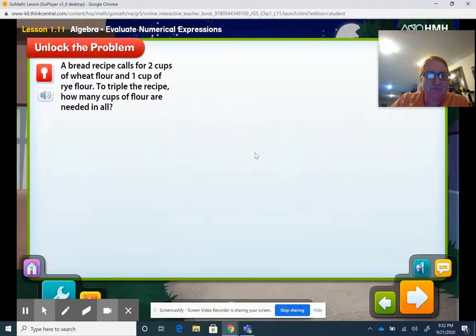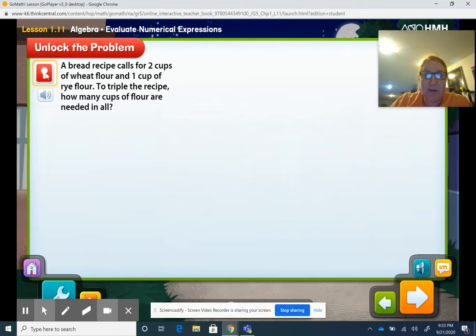Let's look at how we can change a bread recipe. A bread recipe calls for 2 cups of wheat flour and 1 cup of rye flour. To triple the recipe, how many cups of flour are needed in all? Let's unlock the problem. All right, so the first thing I want to ask is, what does the word triple